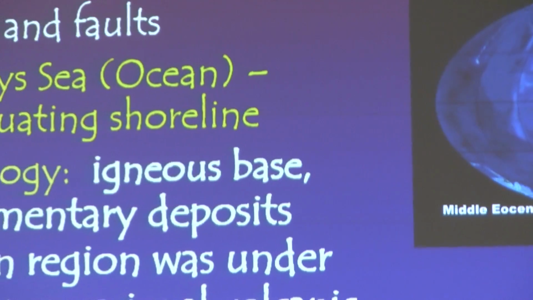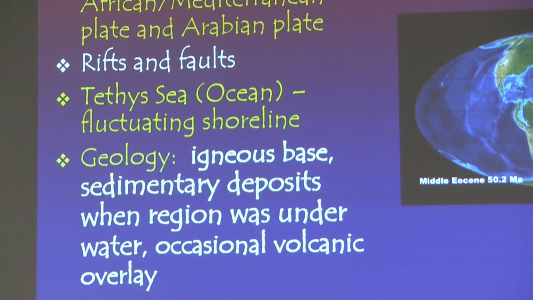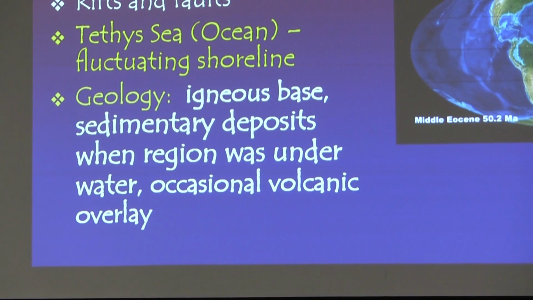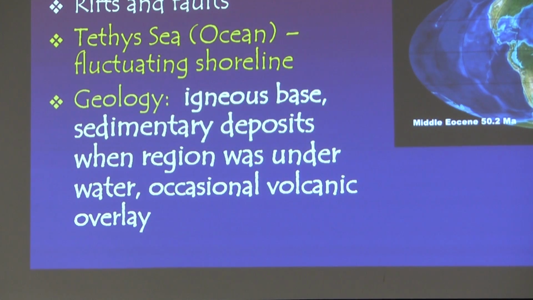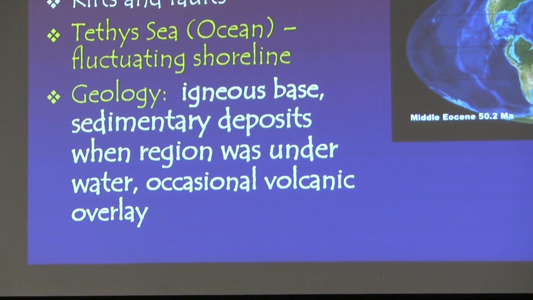Therefore, here is a quick thumbnail sketch of what we've got. We've got an igneous base. That means things like granite, right? On top of that, once you've got water over whatever that igneous base happens to have been, we'll see where that is located, for example in terms of our Sinai Peninsula, where we actually see it now, and then underneath the sedimentary deposits farther north from there. Our igneous base has sedimentary deposits from when the region was underwater. And then, after all those deposits, we're going to revisit those in a moment. This is just a general statement.